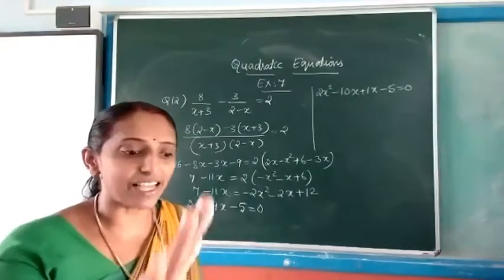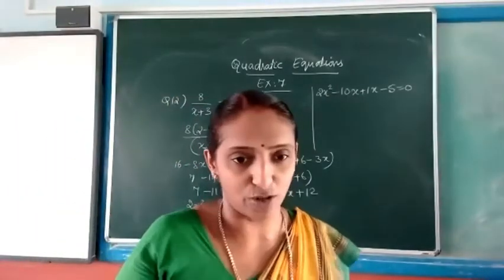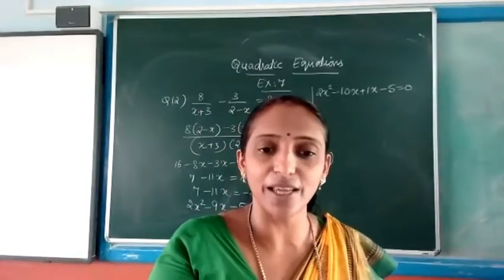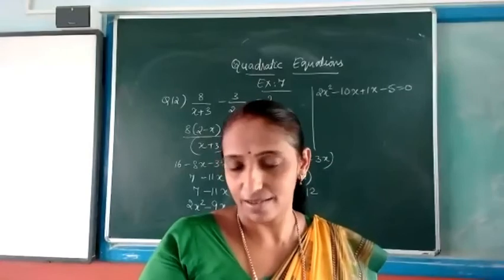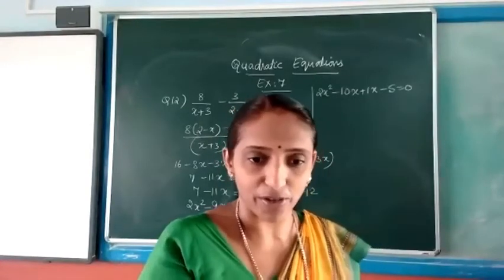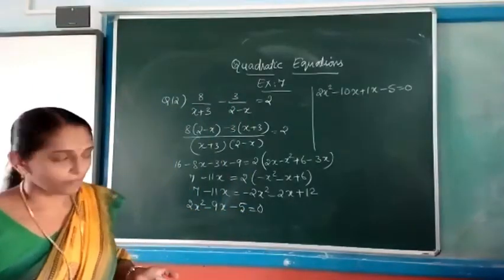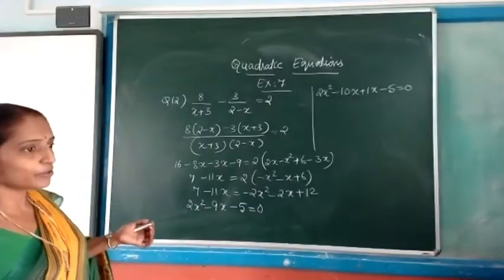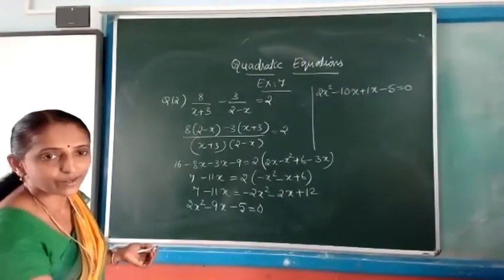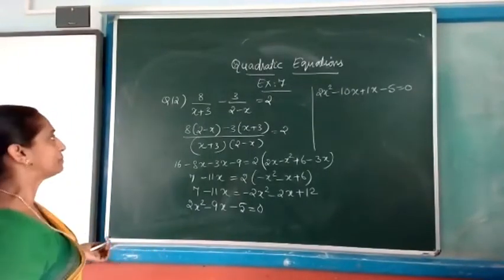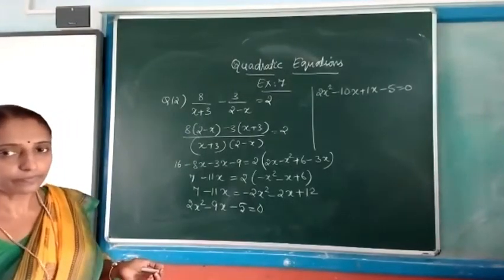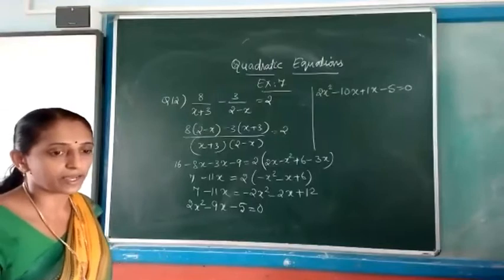But compulsorily you have to do question number 8 to 12. That's what I am telling. The rest, 1 to 7, if you are wishing to complete them, okay, no problem. You can complete them. These few questions should be there in your copy, and we will give some other questions for the exam. Don't worry. So question number 12, second part, you also do.